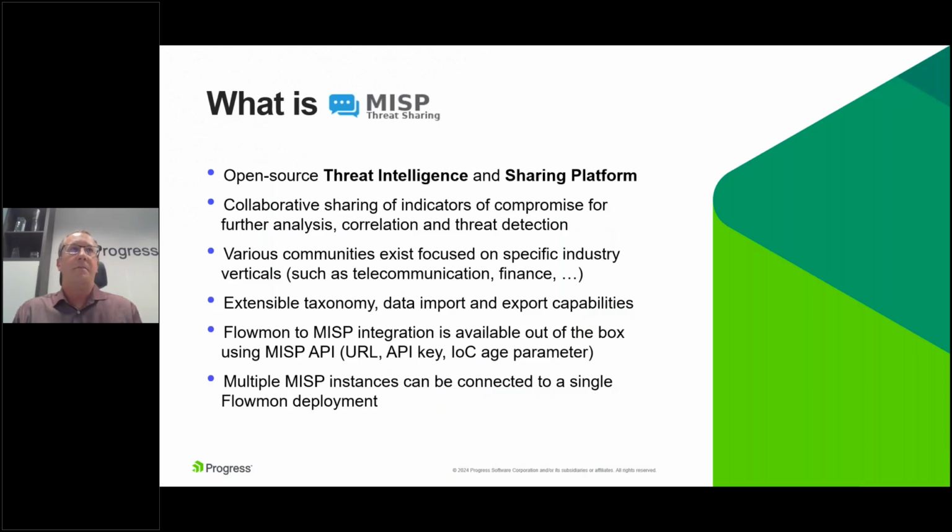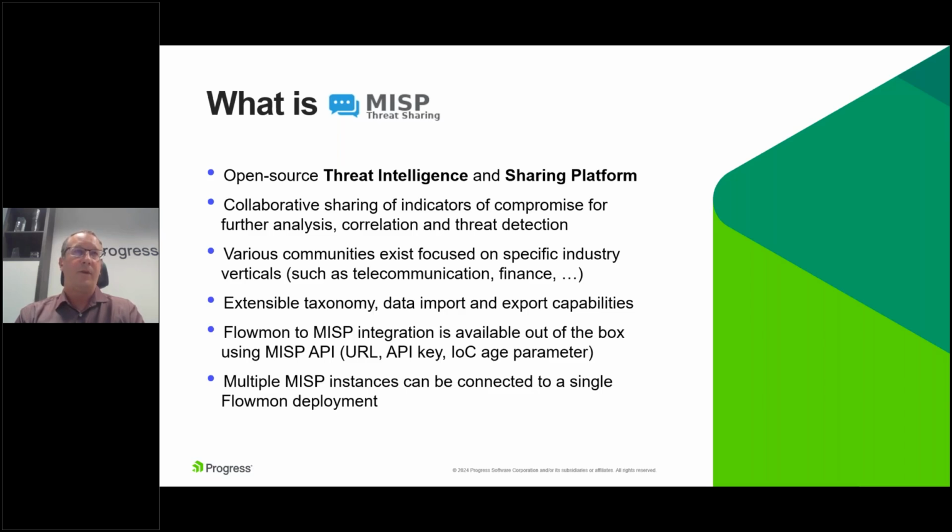I've mentioned MISP. MISP is an open source threat intelligence and sharing platform. It's an environment that was built to share different indicators of compromise within the cybersecurity community. So you can deploy the MISP platform and connect to the communities that exist. These are even focused on specific industry verticals. And then you will be able to receive different events or different alerts for threats together with related indicators of